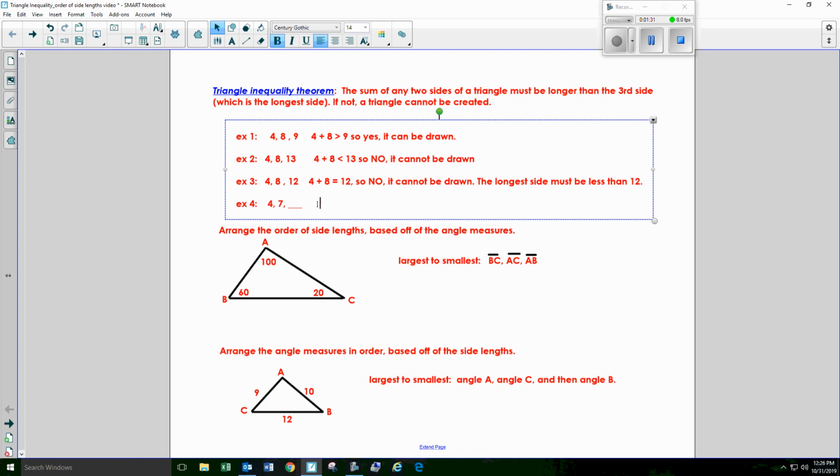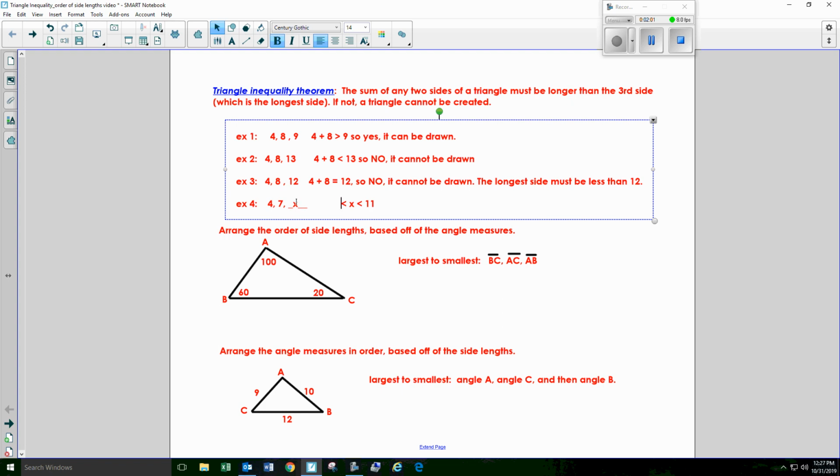You take the sum of the two numbers, so let's call this x right here. Okay, so x has to be less than, remember, if x is the largest, the two smallest have to be greater than, so it has to be less than 11. 4 plus 7 adds to 11. Okay, so it has to be less than 11, and it has to be greater than,